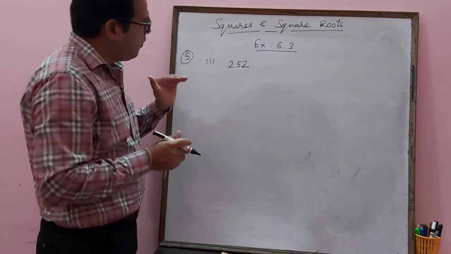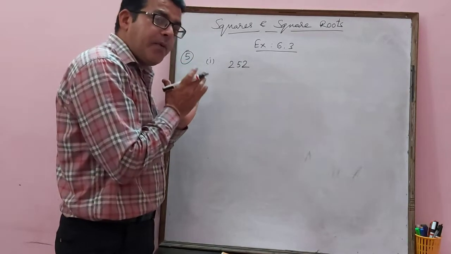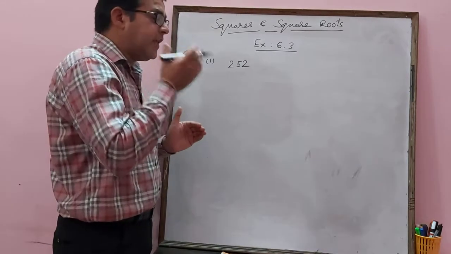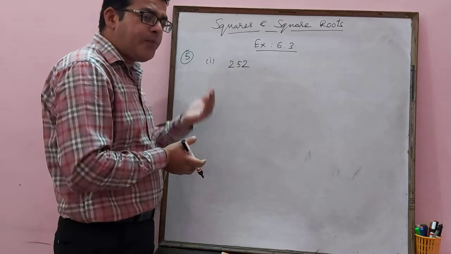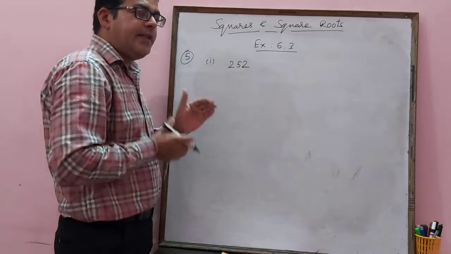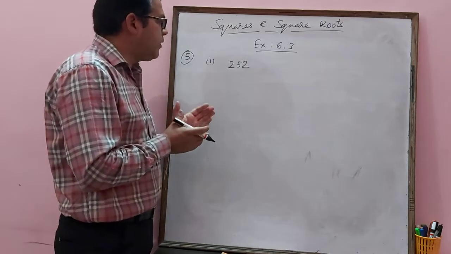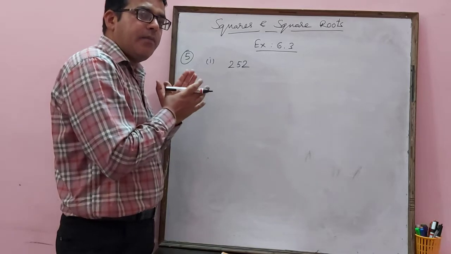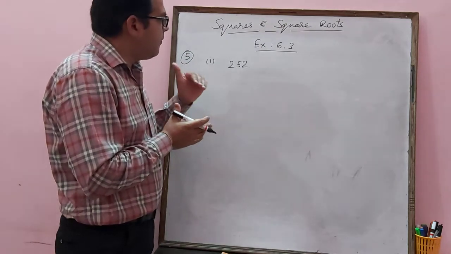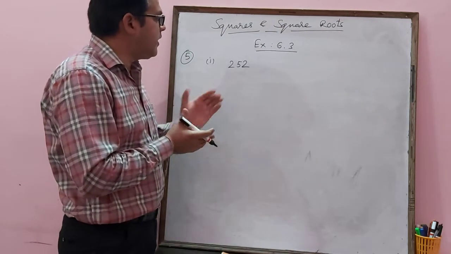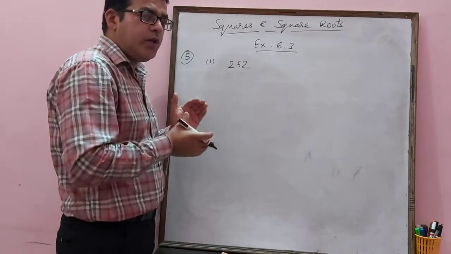The question is, by which whole number we should multiply it to get a perfect square number. It means it is given that this number is not a perfect square number, and we have to make it a perfect square number. In this manner, the perfect square number that we obtain, we also need to find the square root of that perfect square number. Hope you understand the question. So first you need to check by which number we should multiply this 252 to make it a perfect square number. So how can we do this?